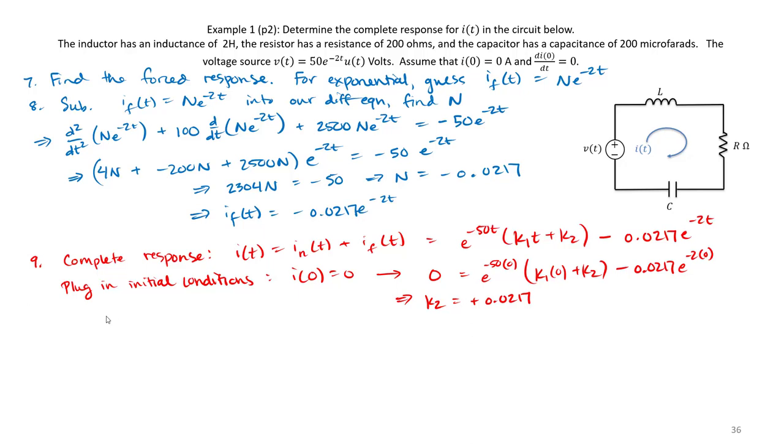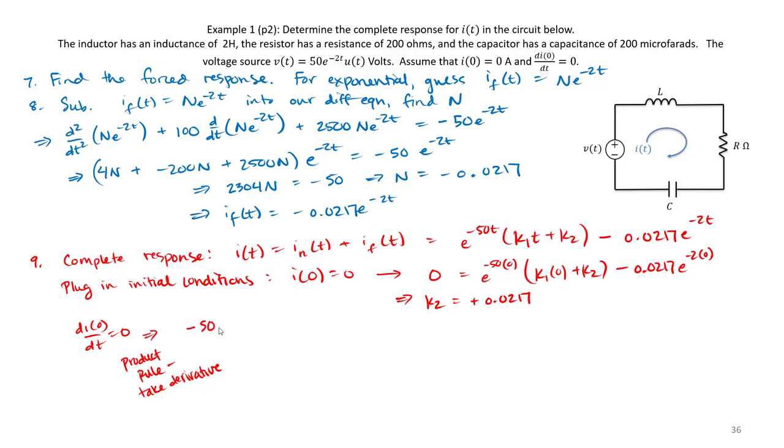We use our second initial condition to find k1. So we have di of 0 dt equals 0. Here we need to use the product rule and take our derivative. So we take the derivative of e to the minus 50t times k1t plus k2. You might find it helpful to review the product rule from calculus class as you do that derivative. Basically, the product rule says that the derivative of the product of two things is the derivative of the first times the second plus the derivative of the second times the first. So if we use the product rule,